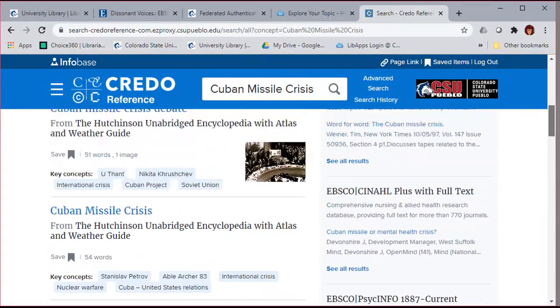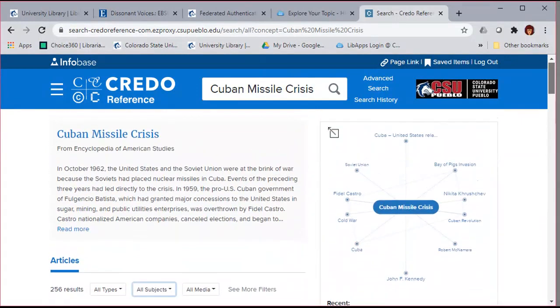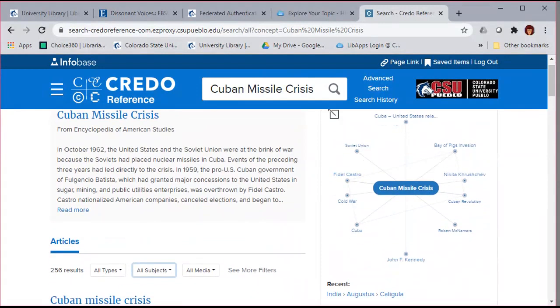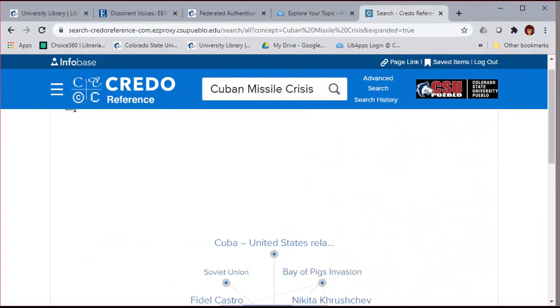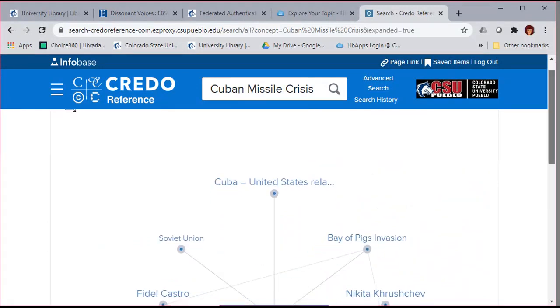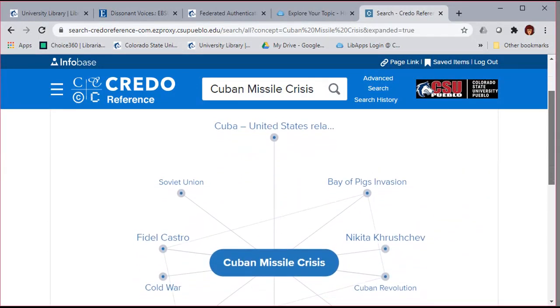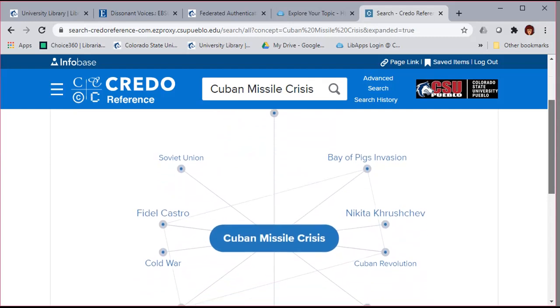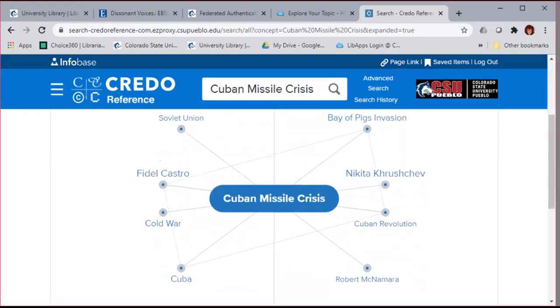But one of the things I think is most interesting about Credo Reference is this little word map here. I'm going to click on that little icon and expand the mind map. The mind map is going to show you your topic and then, again, other related topics. It's going to allow you to move around the mind map and say, well, what I'm really interested in is the Bay of Pigs invasion. So I can click here